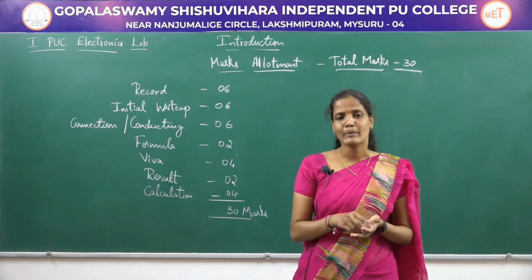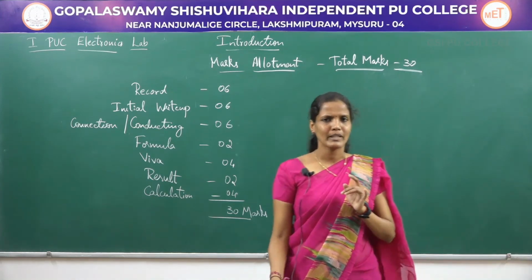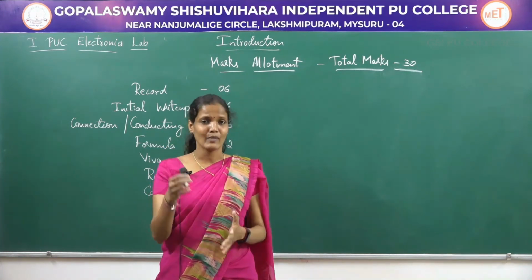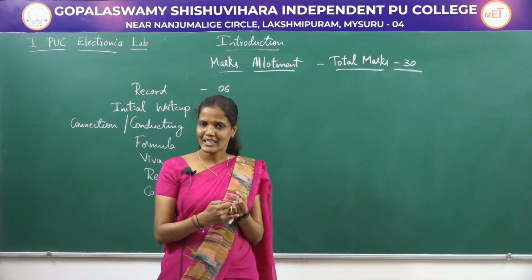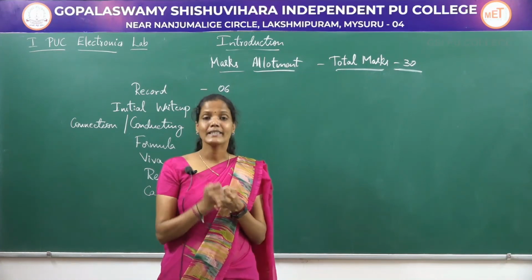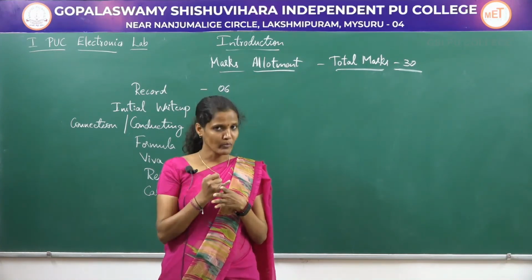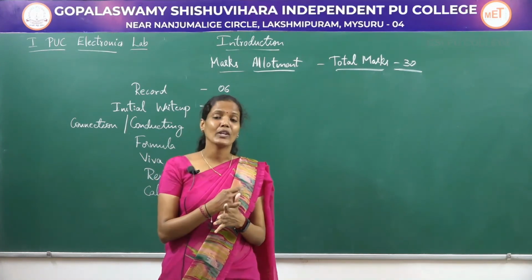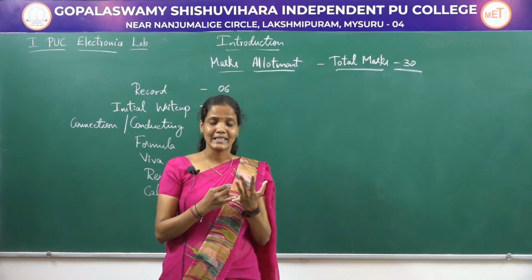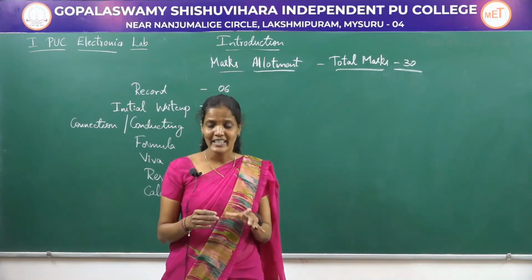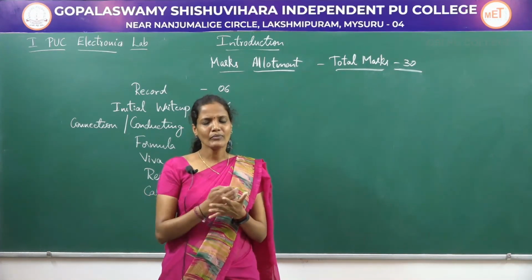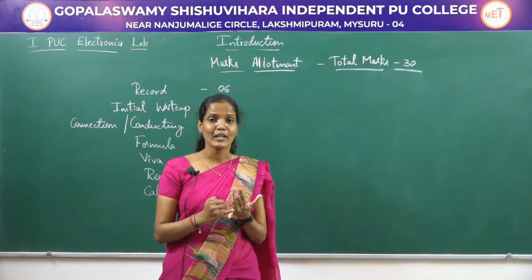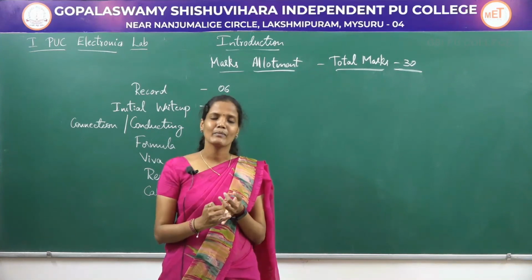Out of 14 experiments, you will be getting only one experiment. After you pick a paper and know which experiment has come for you, you have to write the aim of that experiment, circuit diagram, tabular column, and any formulas if present, the nature of the graph if present, and the result. Result in the sense you have to just write the heading and leave it blank. So after conducting the experiment, you have to fill all those columns, like the tabular column and the result.